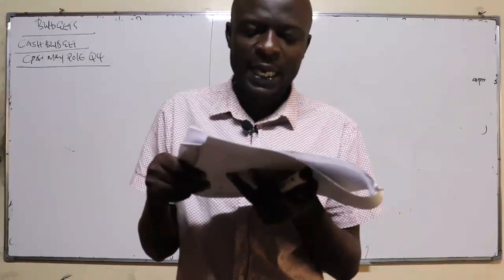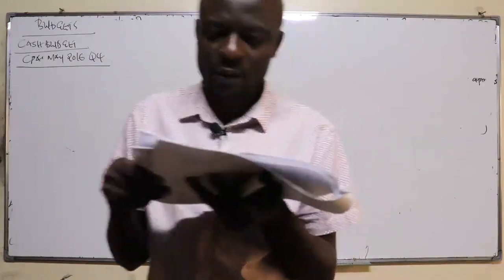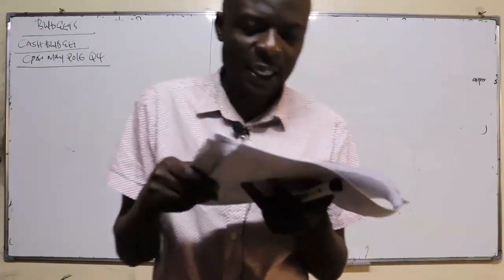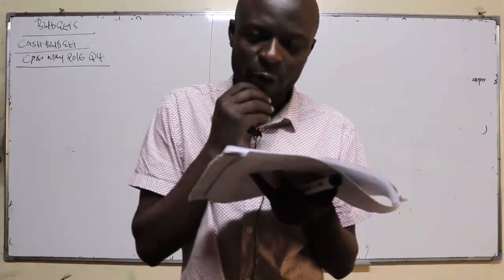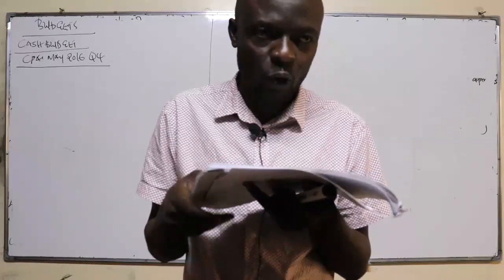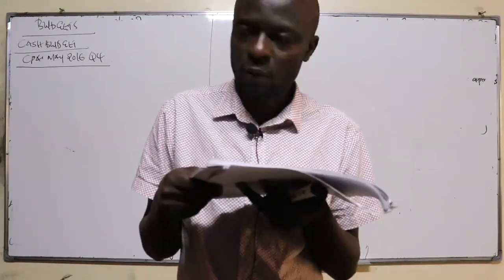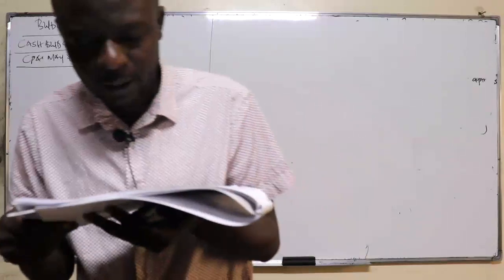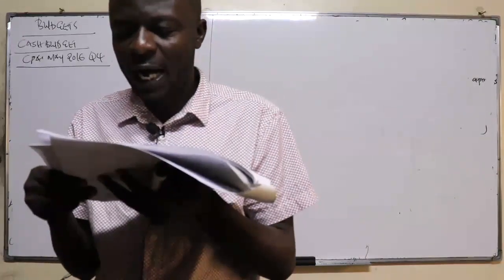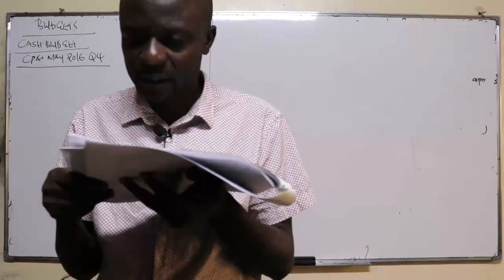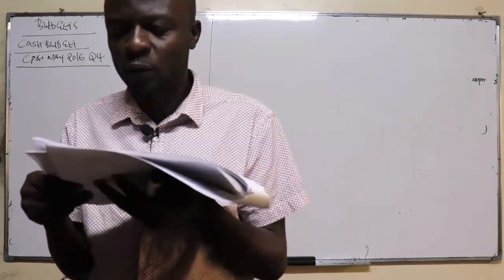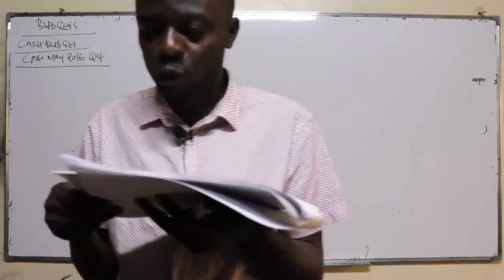Number 5, inventory purchases are paid for within 15 days. Therefore, 50% of the month's inventory purchases are paid for in the month of purchase, and the remaining 50% paid for in the following month. Accounts payable for inventory purchases as at 30th April 2016 totaled 11,100,000 shillings, that is 11.1 million. Number 6, the company maintains its ending inventory level at 25% of the cost of the merchandise to be sold in the following month. The merchandise inventory as of 30th April 2016 amounted to 5.25 million.